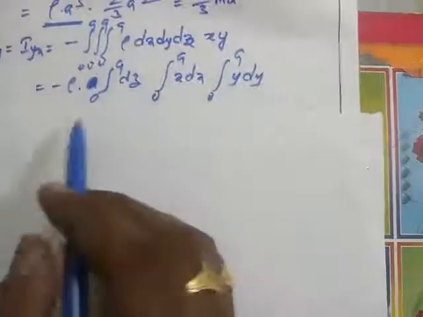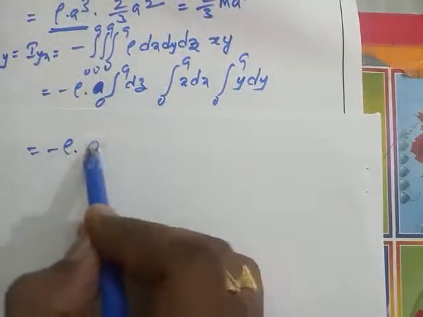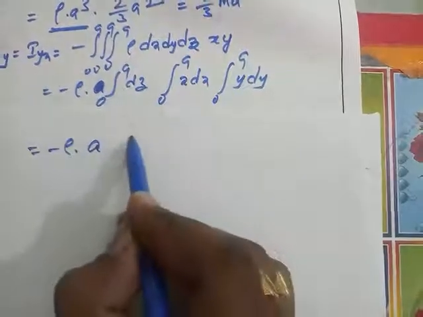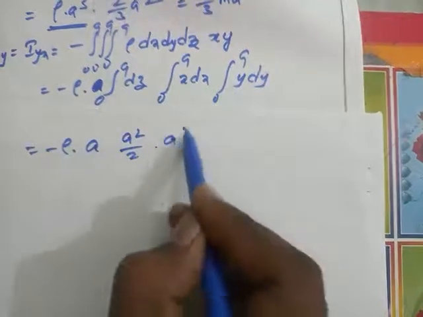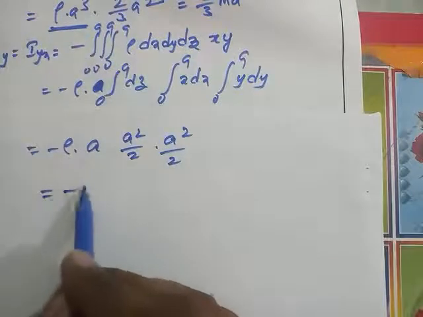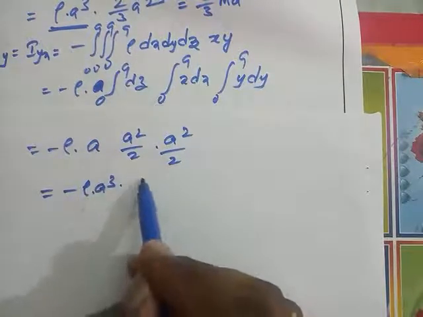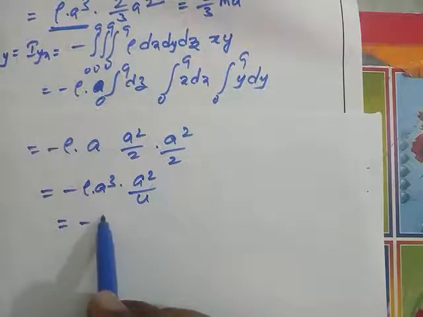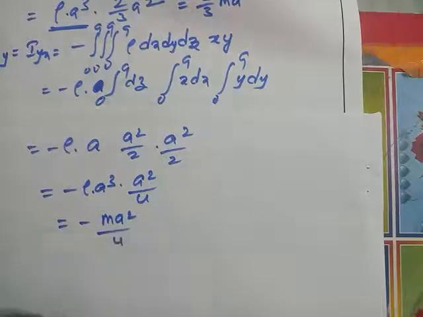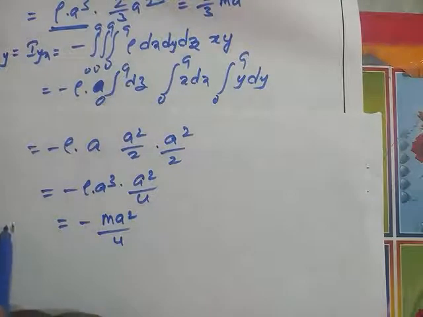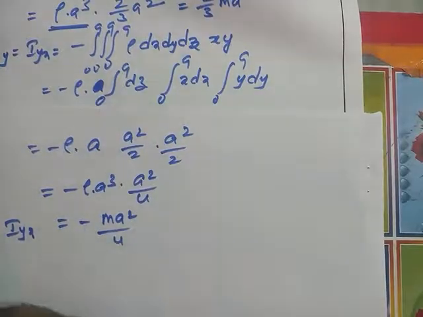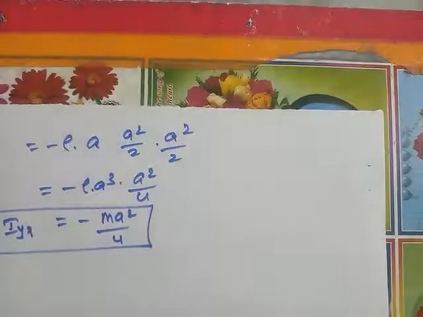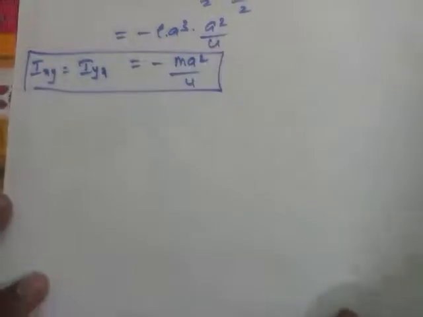Solving this one, substitute the values: minus rho into a, and this one is x square by 2, so we'll get a square by 2 into a square by 2. So finally we'll get minus rho into a cube into a square by 4, and we'll get minus m a square by 4. This is Ixy and Iyx. This is one value, right? And the next value we are going to find out is